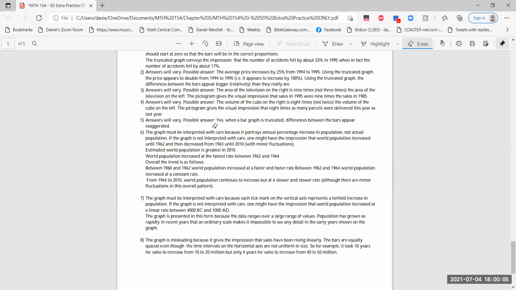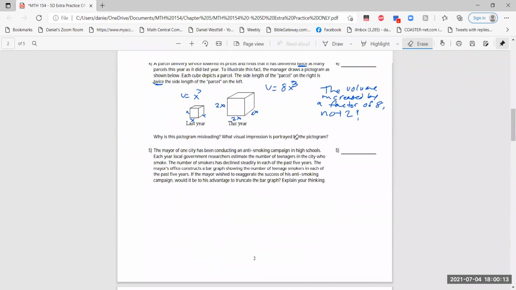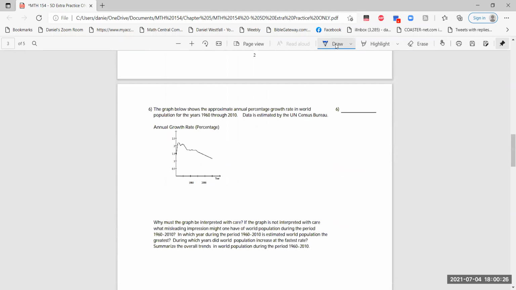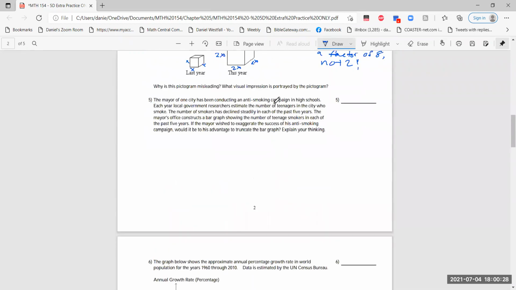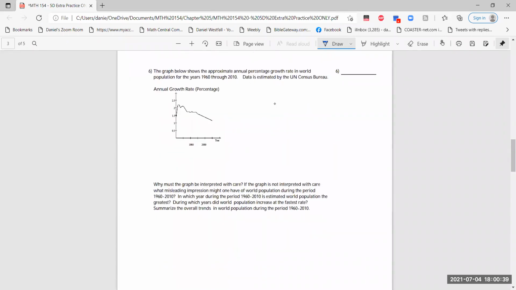So, okay. They say it would exaggerate the differences, so that it would, but it wouldn't help him politically if people figured that out, right? So, I guess that makes sense. If he truncated the graph, that he could zoom in, he could exaggerate the differences. So,